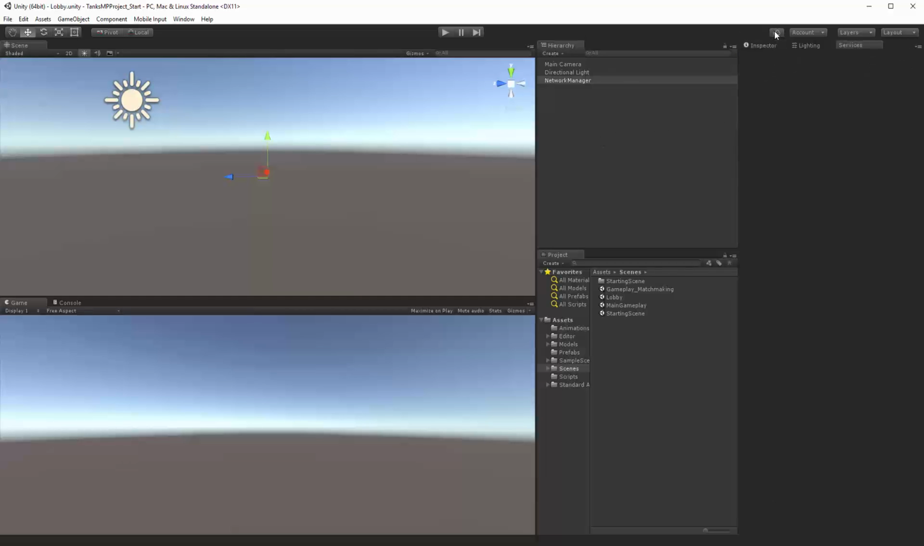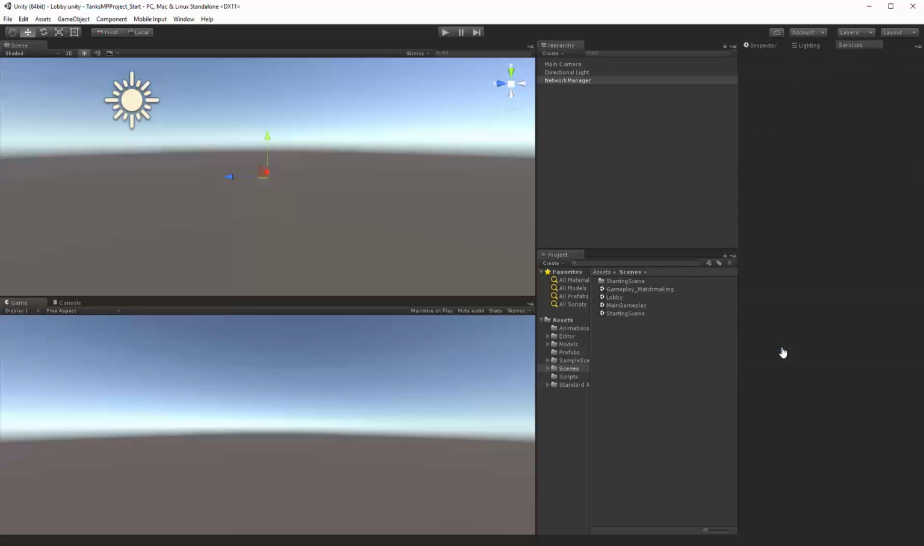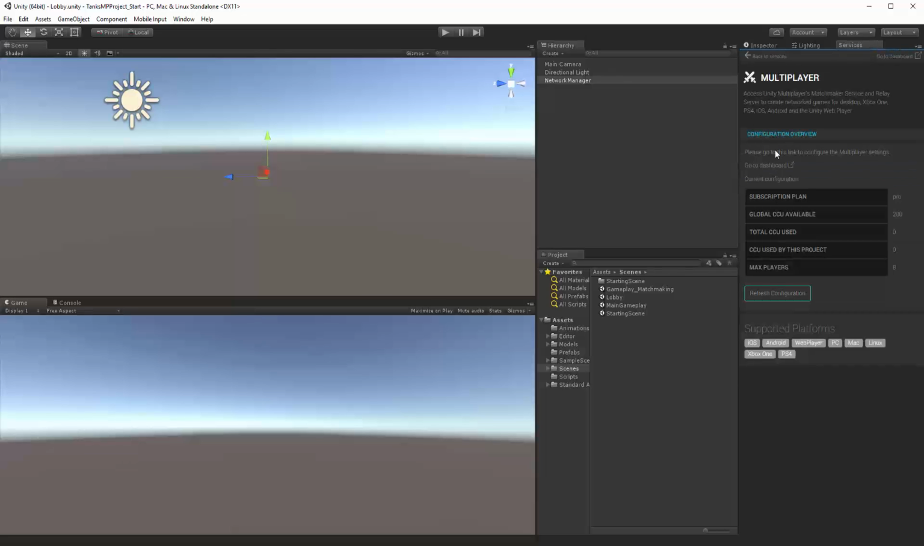So I'm going to go ahead and click on the cloud icon here for services. Now, the first time we click on this, it's going to say, hey, create a project ID, and you can just say, yeah, create one. Now I've already done that, and so for me, I'm seeing the services window, and what I would do then is click multiplayer and then go to the dashboard. And of course, this requires internet,